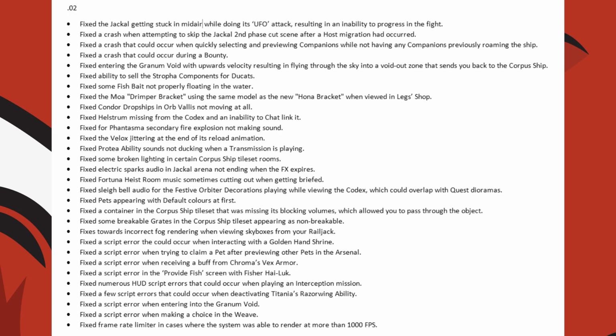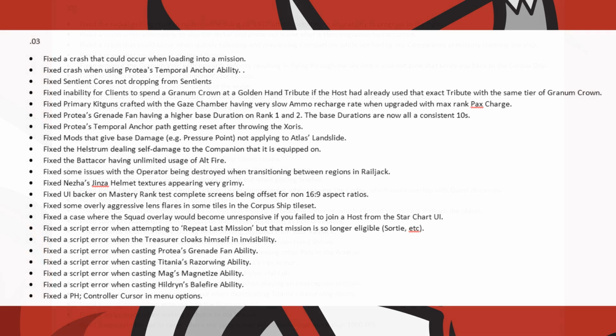They fixed numerous HUD script errors that could occur when playing an interception mission, a few script errors that could occur when deactivating Titania's Razorwing ability, a script error when entering into the Granum Void, when making a choice in the weave, and they fixed the frame rate limiter in cases where the system was able to render at more than 1000 FPS. They also fixed a crash that could occur when loading into a mission, a crash when using Protea's temporal anchor ability, sentient cores not dropping from sentience, an inability for clients to spend a Granum coin at